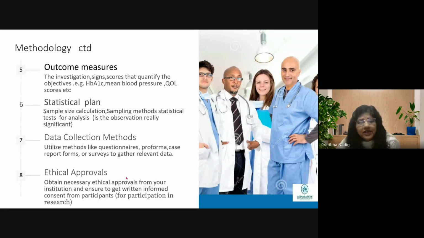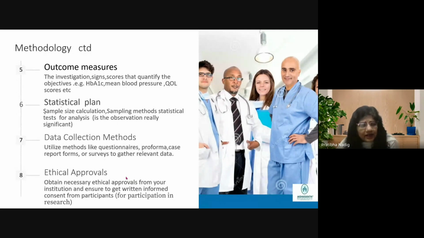Let's say HRQL is affected in 90%, and these were the scores. So, no other statistics. But supposing you want to compare the mean scores of HRQL, quality of life, in diabetics versus non-diabetics, then these scores must be compared with the normal, and then we should see whether it is statistically significant. So that says, yes, there is a point. So usually taking a control adds value to the research.